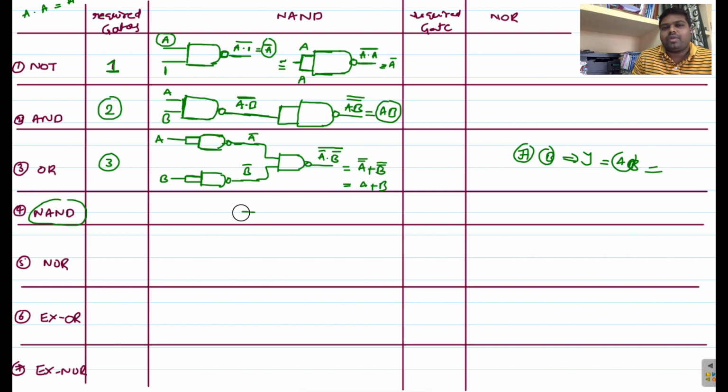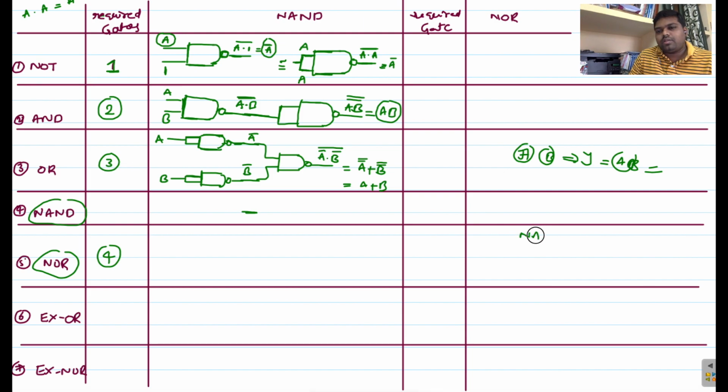Next is the NOR gate. For this, we don't require any other gates. Why? Because NAND only, right? So to implement this NOR logic, we use NAND gates. So here we have NOR logic. This NOR logic also can be implemented with the NAND. So how many NAND gates are required to implement this NOR logic? So we require 4 NAND gates.